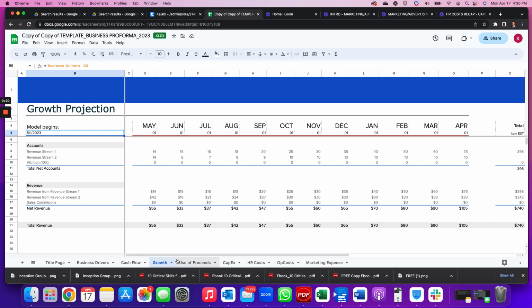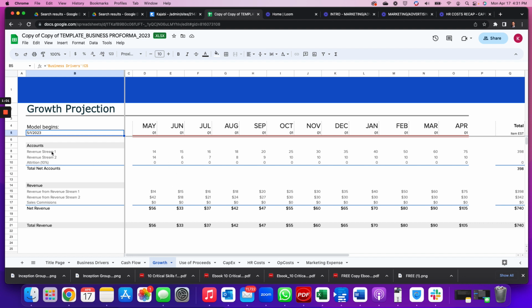Now we're going to get into the growth tab and the cash flow tab, which is where we really identify our different revenue streams and the revenue we should expect from each product or service we're offering, based on the total unit sales we are anticipating per month. This is where we need to figure out what the best products are for us to offer, the ones that give us the highest return on investment and the most decision-making power. So let's get into